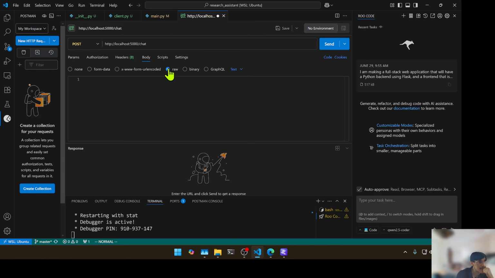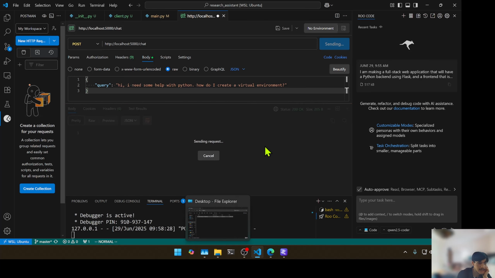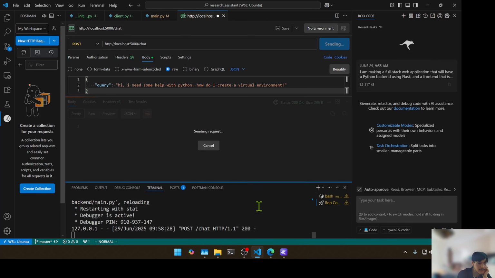Okay. Raw. In this case, we want JSON, and it was query is what we wanted. Hi, I need some help with Python. How do I create a virtual environment? Let's say that. Okay. So this is going to trigger a bunch of JSON lines to show up, ideally. Let's invoke that. And it should take a while because it's going to do everything in one go,